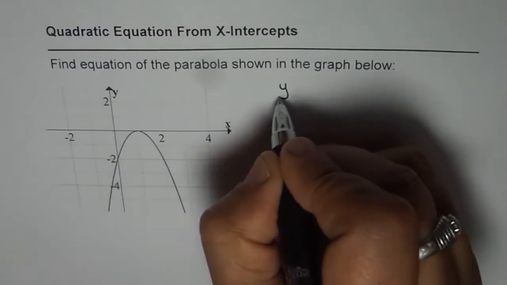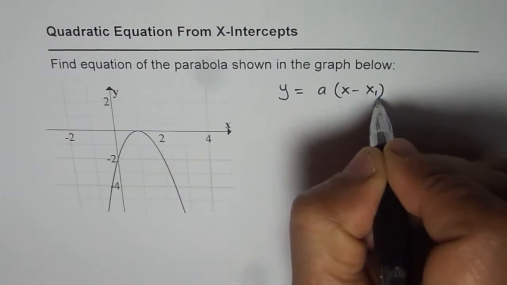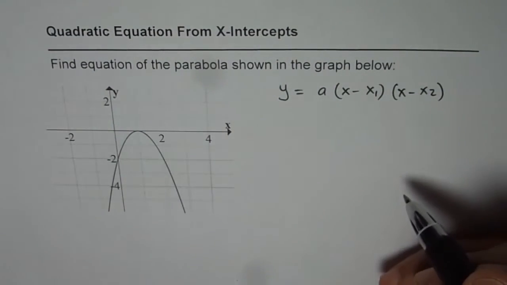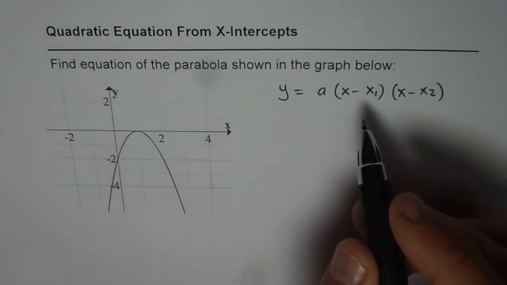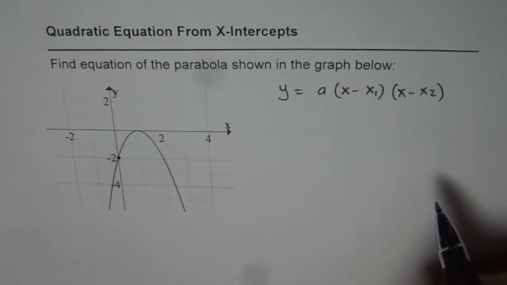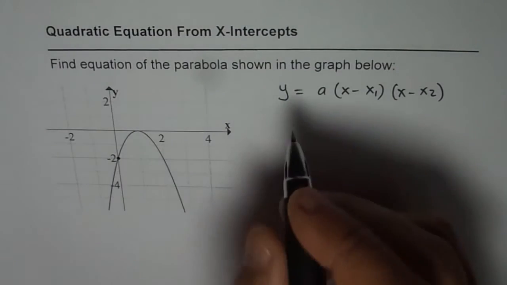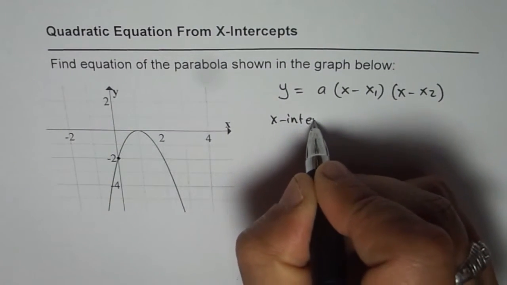Generally we had been using the formula y equals a times x minus x1 times x minus x2, where x1 and x2 were the two x-intercepts. And using a third point, which is the y-intercept in this case, we can find the equation. So here we only know one x-intercept, and that is